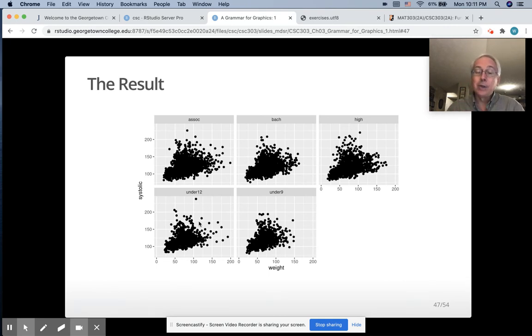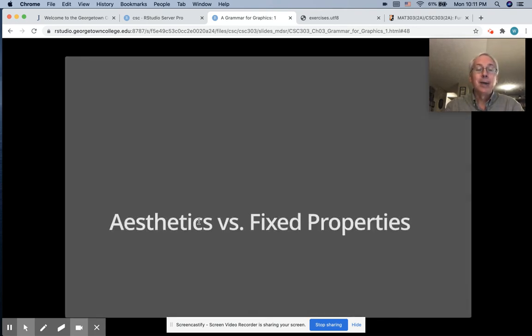So again, I didn't do this to show any deep meaning to the results of faceting, but I did want to show you how we do facets. That's facet_wrap. So we'll play around with that when we get to class. And then finally, I just want to point out that